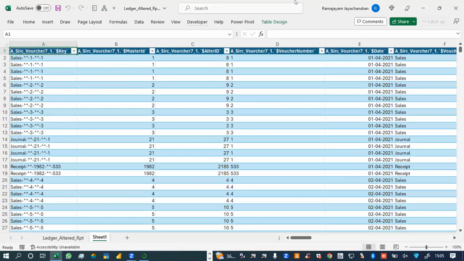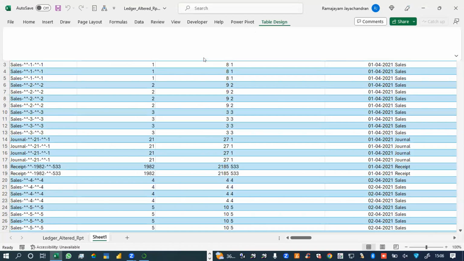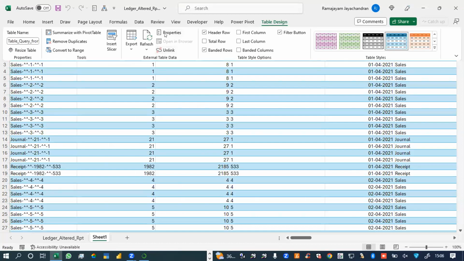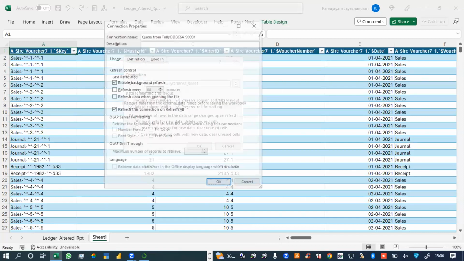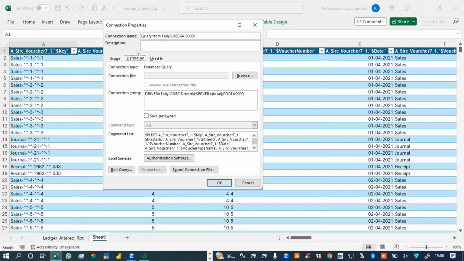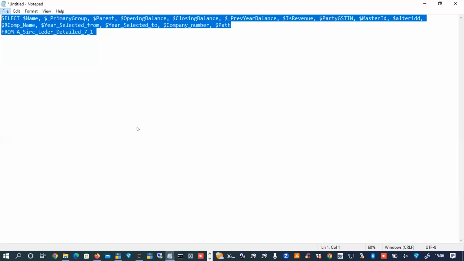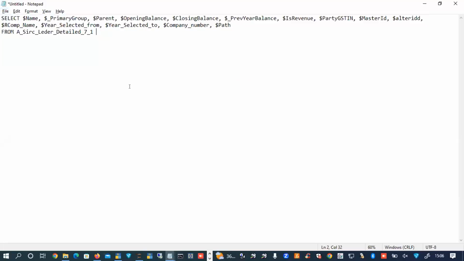Now again, I'm going to take the query out of it. So go to table design property, click on these three buttons, go to this definition, copy everything. I'll put it in an untitled note.